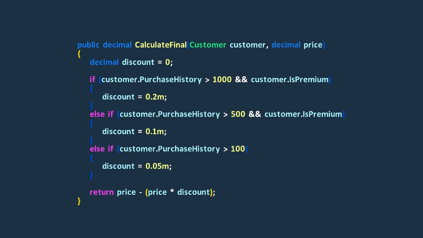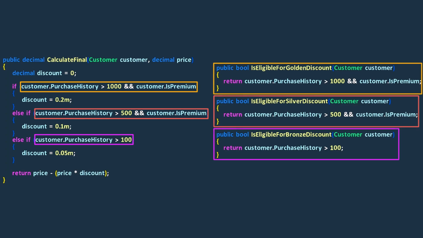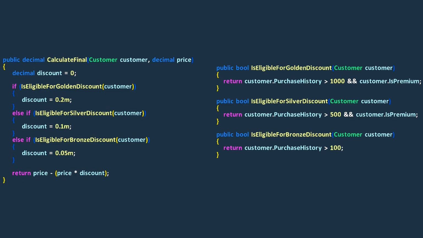To improve it, we can use the decomposed conditional technique. In order to implement this technique, we create separate methods for each condition expression. We name each method to say what it does. Now it's super clear. By giving meaningful names to these methods, we can better understand the logic and easily make changes in the future. Additionally, whenever we need to perform these checks elsewhere in the code, we can use these methods. So, using this technique helps us avoid repeating code.